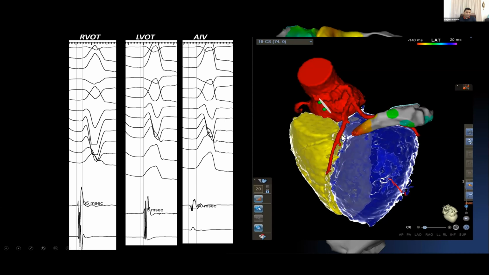And if we say that the PVC is coming from this area, we understand all the different diagonals and the branches. Sometimes branches may be difficult, but you will be able to appreciate the main coronary arteries. And if you are really worried about the diagonals, you need to do an angiogram at the time of the ablation itself to make sure that you are away from it. But in this particular case, we found the earliest activation was in the coronary sinus itself, and a successful ablation